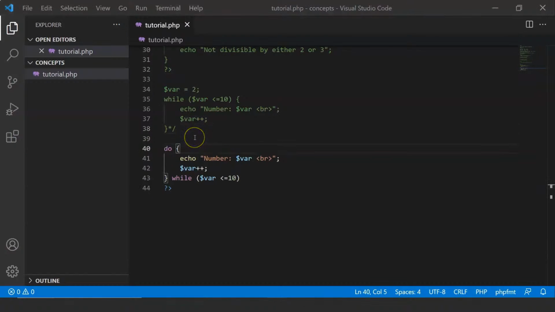Okay, now let me tell you why we need the do while loop. Suppose the value of a variable is 11. Since the condition does not meet, in case of the while loop it will not even run once. Now suppose you want to display the current value of the variable whether or not it meets the condition, at least once. So in case of do while,